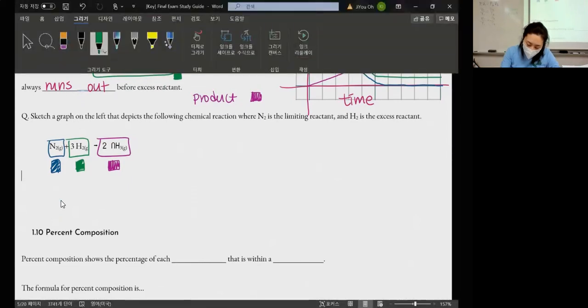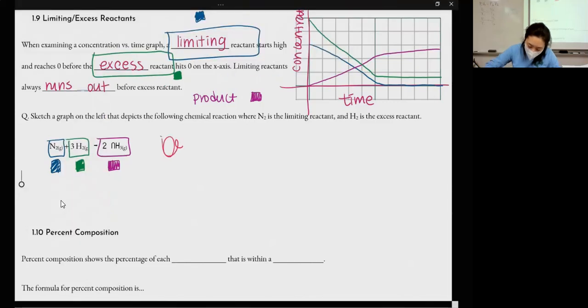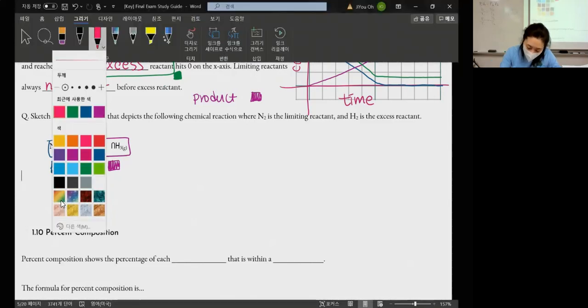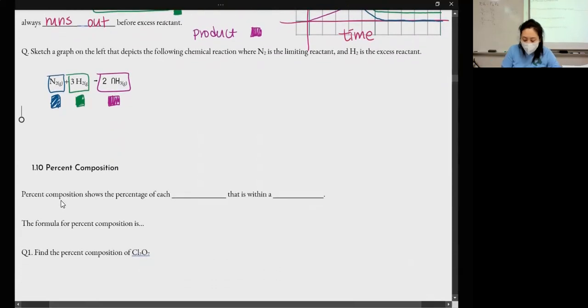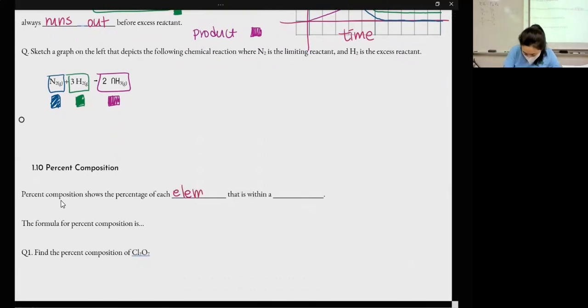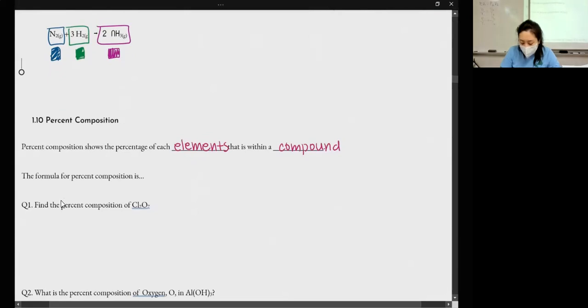All right, now we're gonna move on to percent composition. Let's move on to percent composition. Percent composition shows the percentage of each atom or element that is within a compound. And the formula for percent composition is